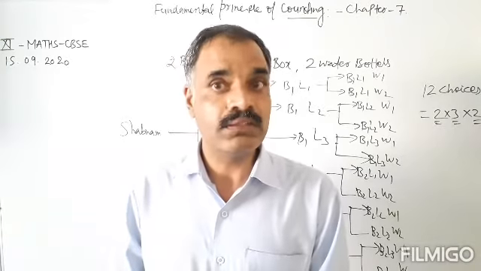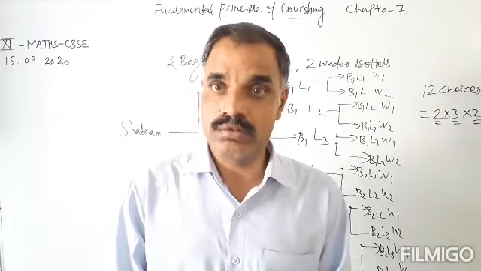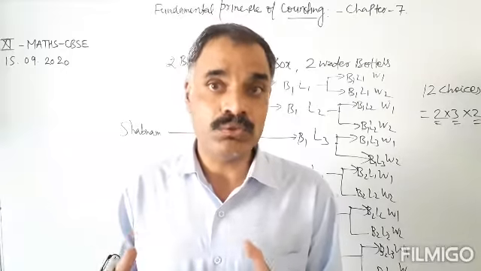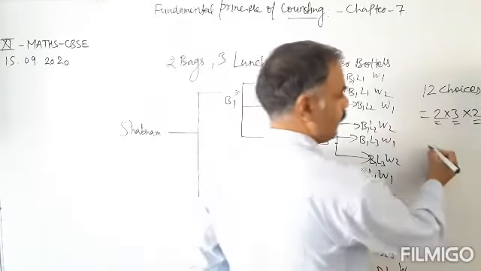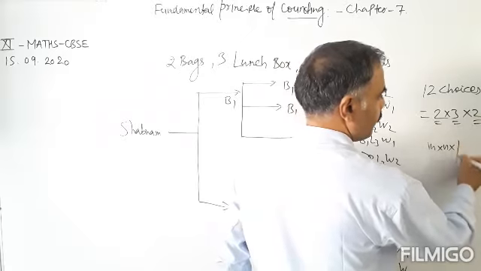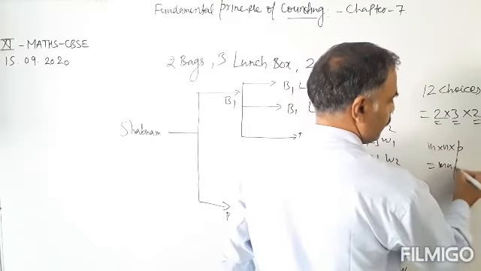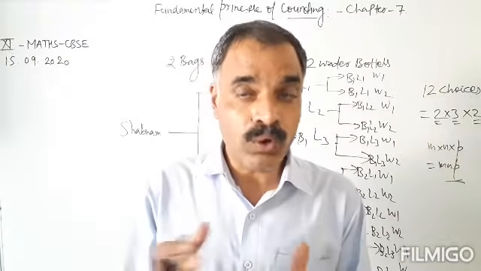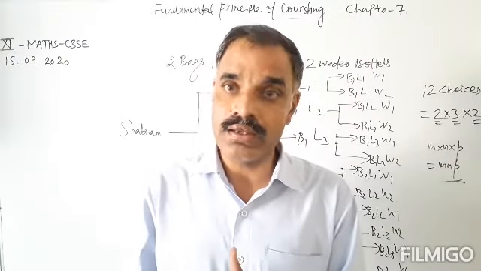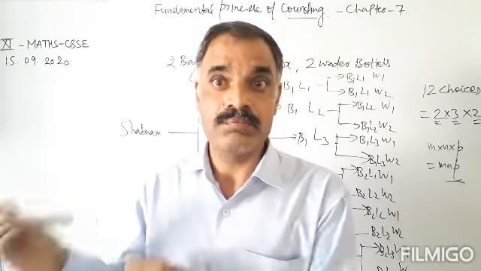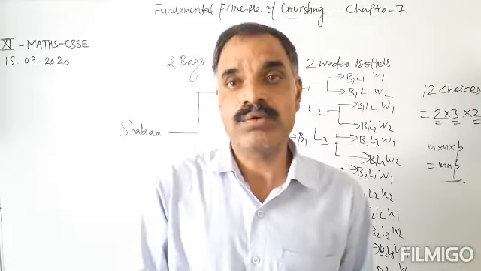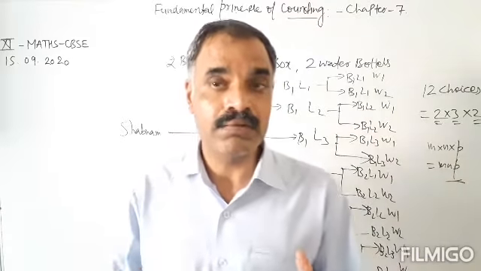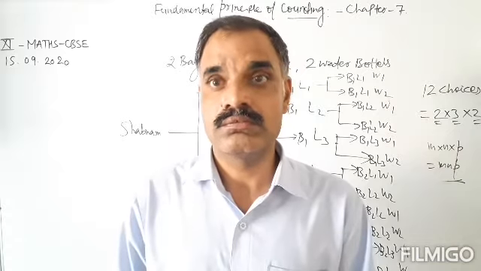And following which another activity or another event is happening in P ways, then how many total ways are there? That is M multiplied by N multiplied by P. So the total number of ways is M into N into P, if all the activities or events are happening one by one, following one another. So this is the fundamental principle of counting.